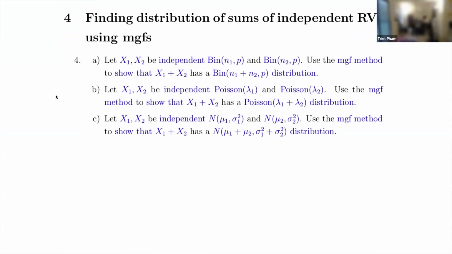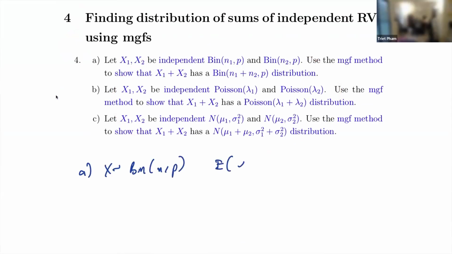So for part A, we found the moment generating function of a Bernoulli, but we did not find the moment generating function of a binomial. So let's do that. If X is a binomial,